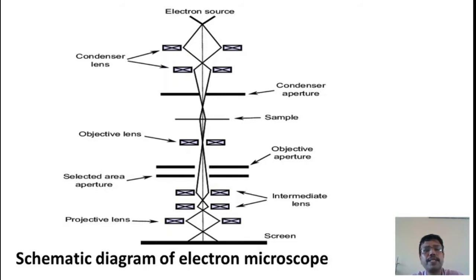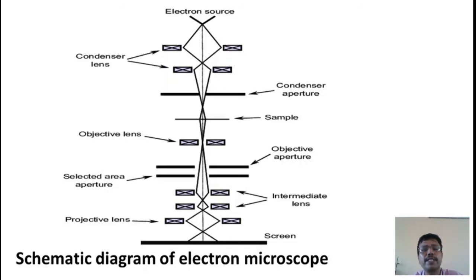When a beam of light is incident on the lens, either it converges the beam of light or diverges the beam of light. Now, in an electron microscope, instead of using light, an electron beam is used to scan the sample as well as produce a magnified image of the sample. For that, one property of the electron beam we know is that it is deflected in the presence of an electric field as well as a magnetic field.